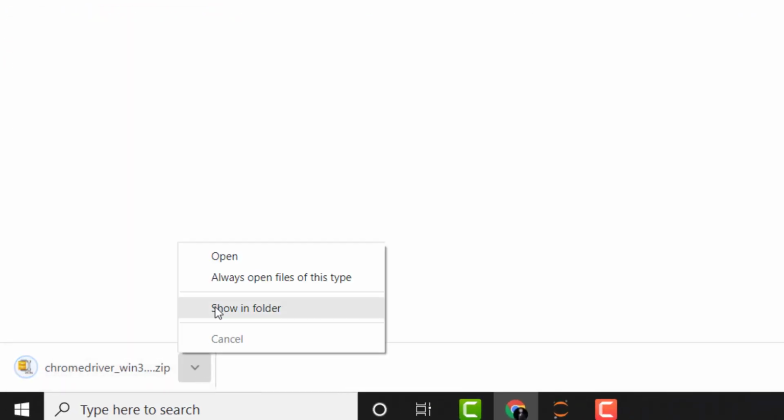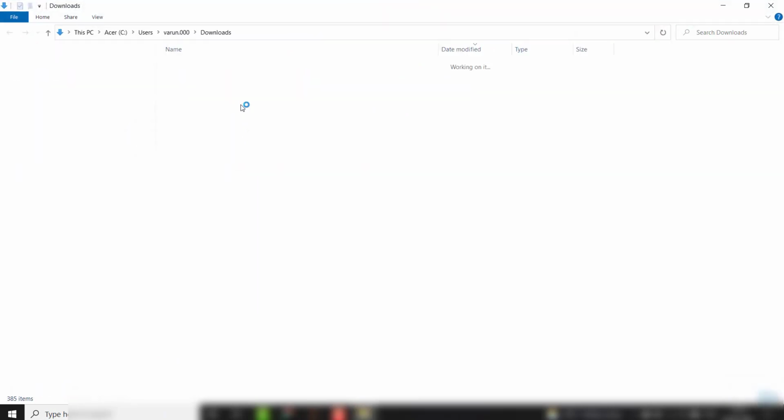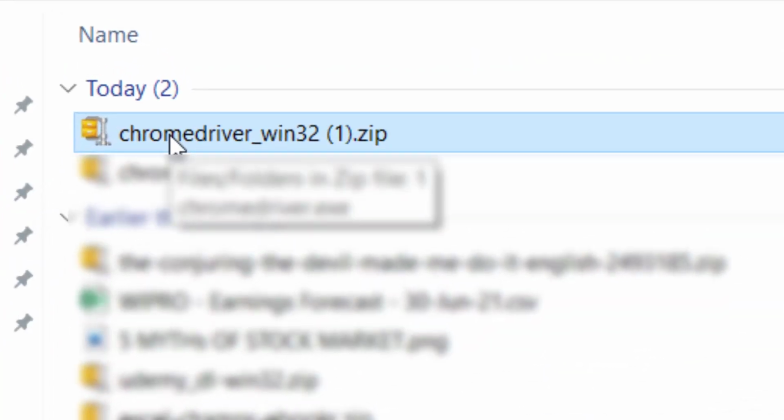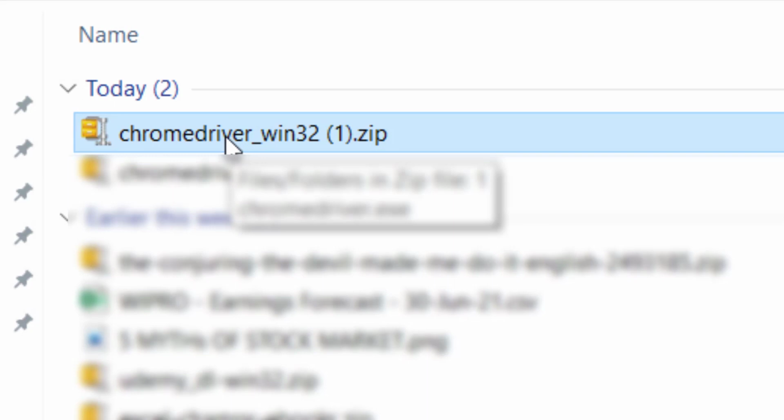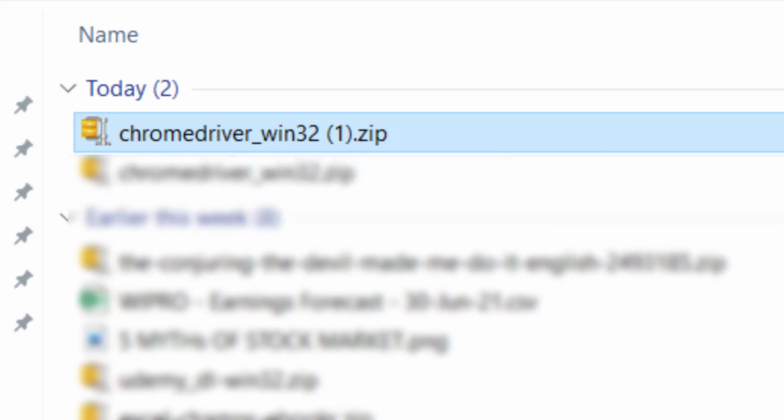Now I have this zip which I can unzip and use the Chrome driver. So guys, I already have this zip in my system, so I'll just use it. You just need to remember that we need to keep this in our present directory from where we are running the notebook.